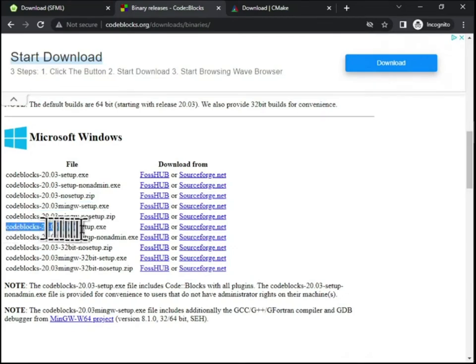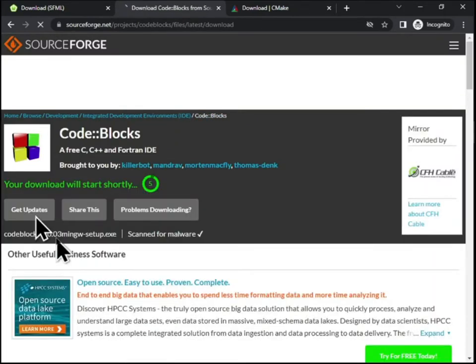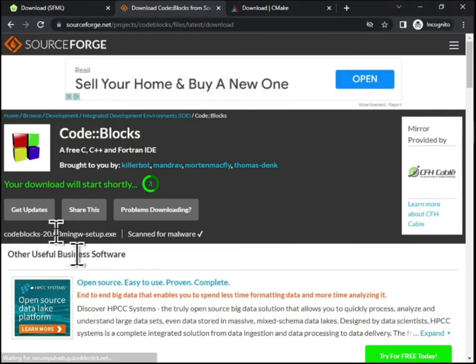See here, I'm highlighting the other versions. You want the mingw32bit setup. And this website's pretty funny. As you see, I'm going to click SourceForge, and I'm going to assume that the download is going to be the one I want. But as you can see, in the freeze frame here, I'm actually downloading the 64-bit version of Codeblocks 20.03